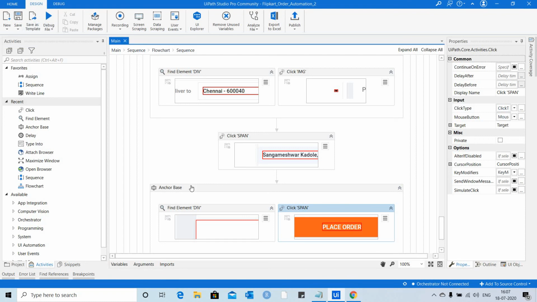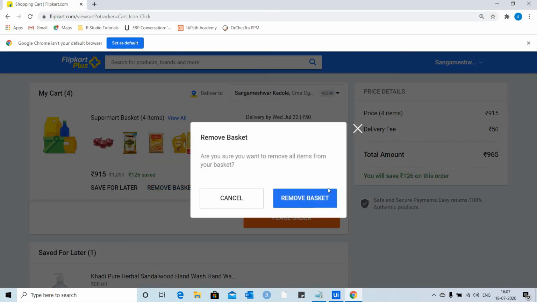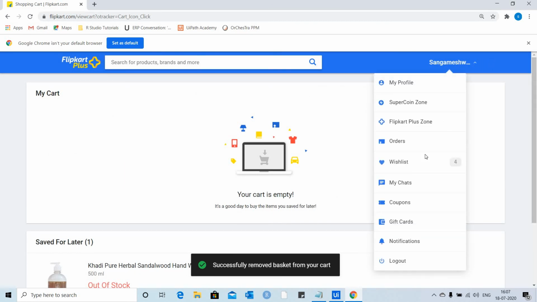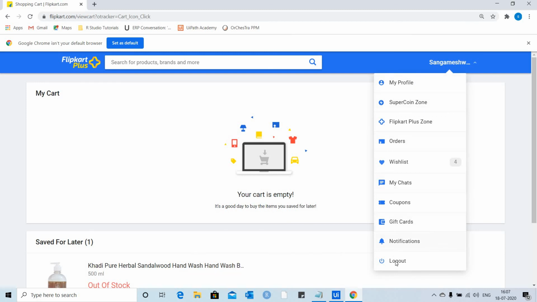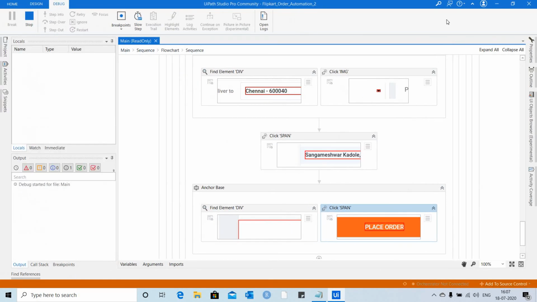Let me save this and let's run the program again. We remove the items inside the cart, and let me log out also and close the browser. So let's debug the file again.